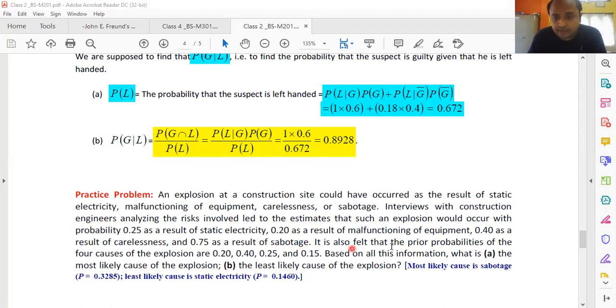It is also felt that the prior probabilities of the four causes of explosion are 0.20, 0.40, 0.25, 0.15. Based on all this information, what is the most likely cause of the explosion, the least likely cause of the explosion? So first of all, let us try to understand